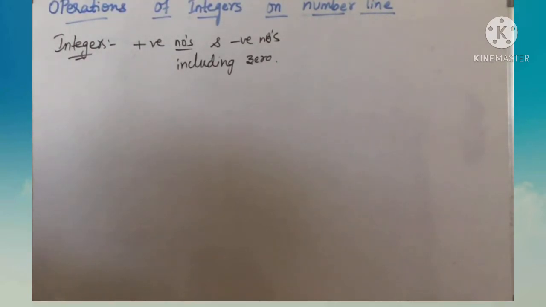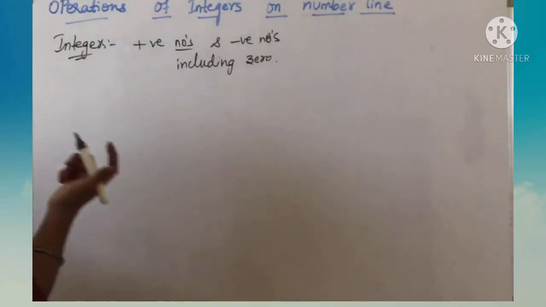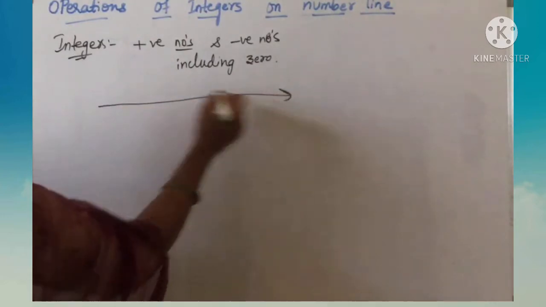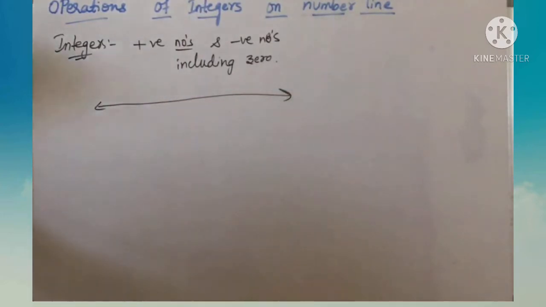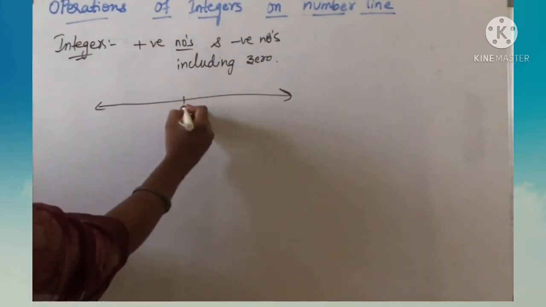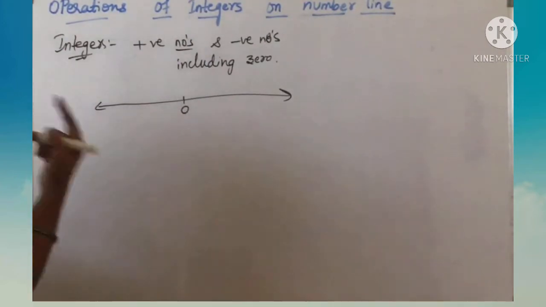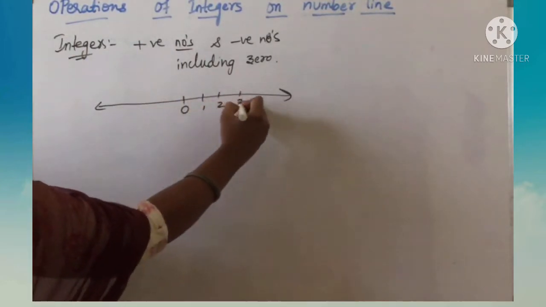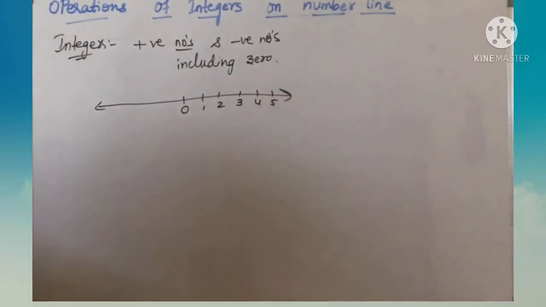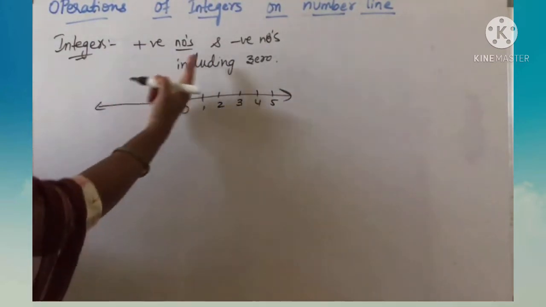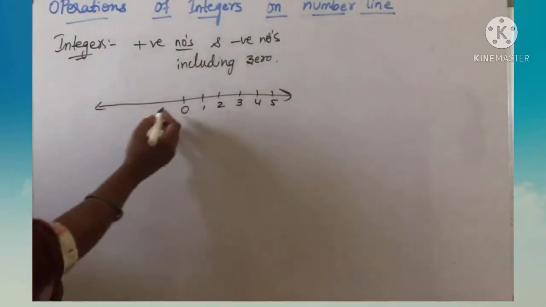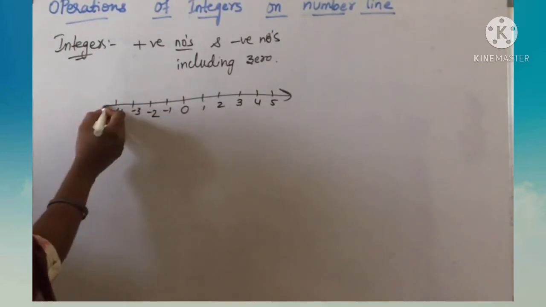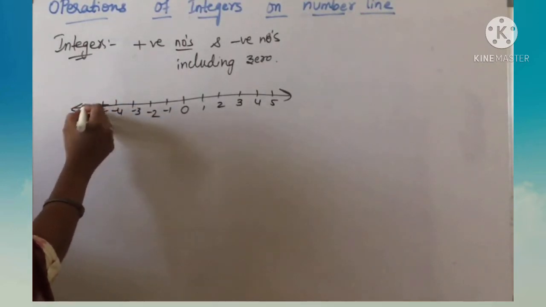So this implies that any number right to 0 is known as positive numbers and the numbers left to 0 are known as negative numbers. Right? Suppose 0 is in the middle point of a number line. And all the positive numbers occupy the right side of the 0, like 1, 2, 3, 4, 5. Next, whereas negative numbers occupy the left side of 0. Minus 1, minus 2, minus 3, minus 4, so on. There is no end, right? So minus 5, minus 6.